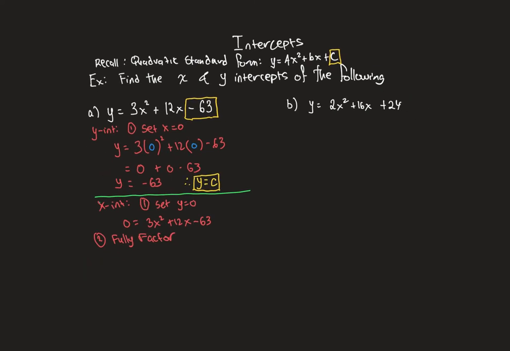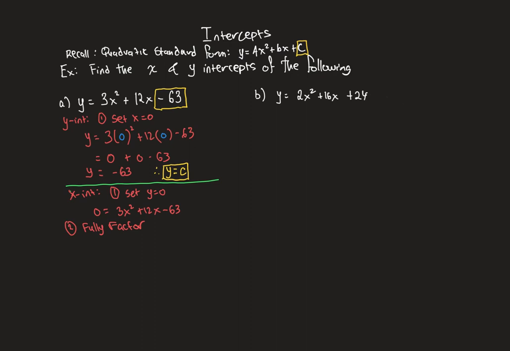Now, you can fully factor using many different ways. You can use the grouping and splitting method of complex trinomials, or you can common factor and then use the simple trinomial factoring. In this case, the easier one is to notice, if I look at my three numbers, the 3, the 12, the negative 63, you should notice they are all divisible by 3. So my very first step should be to common factor the 3, which will leave me with x squared plus